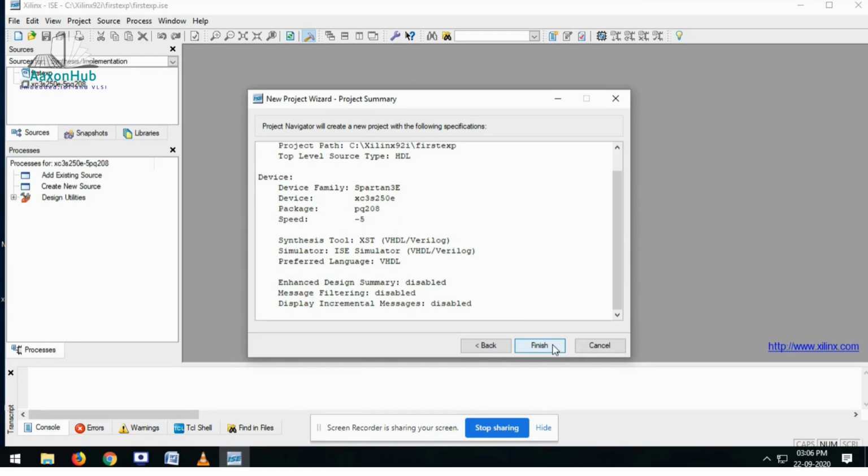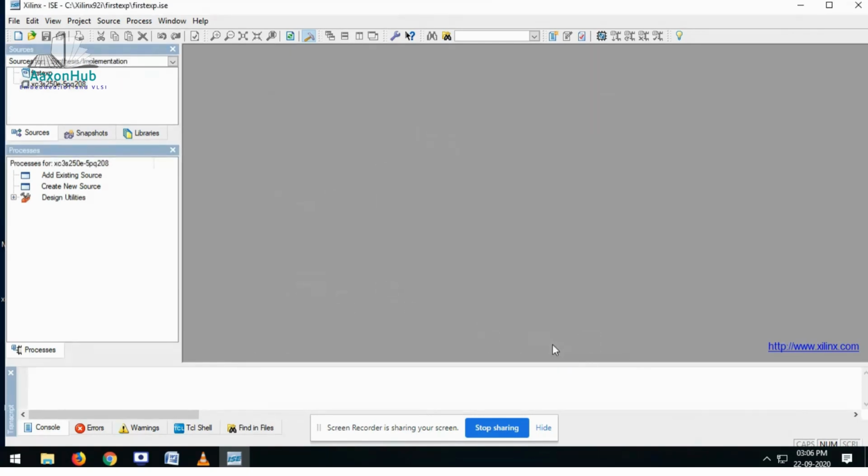Then you have to finish. Once you finish, the project that has been created will be considered in terms of sources. So here is your project.